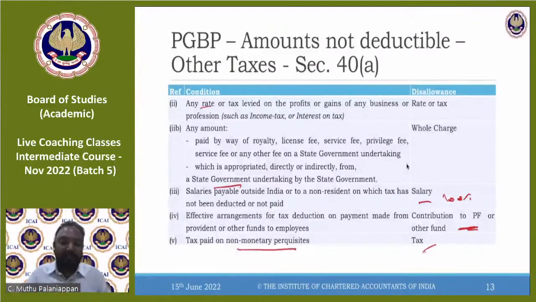Snega Gupta, audit fees. It will come under section 37 because it's a business expenditure, not personal in nature, not capital in nature. It is for the accounting year, wholly and exclusively for the purpose of business. So audit fees is allowed under section 37. Similarly, some of you are asking about insurance, loss of profit and all. That insurance premium is wholly and exclusively for the business, so it is an allowed expenditure under section 37.